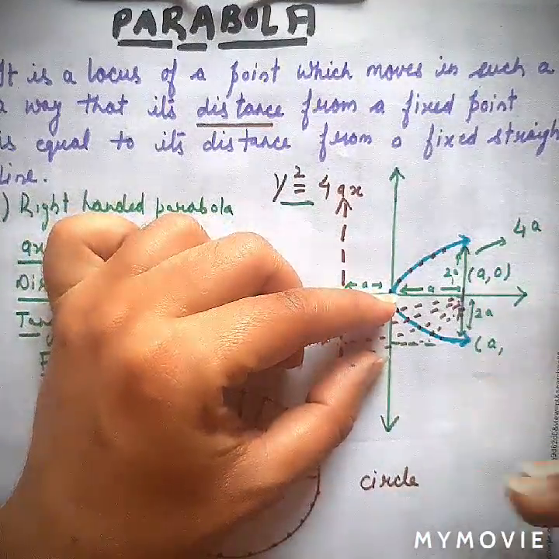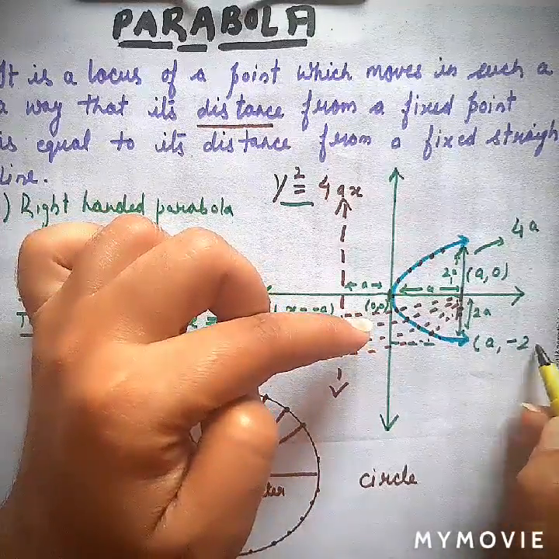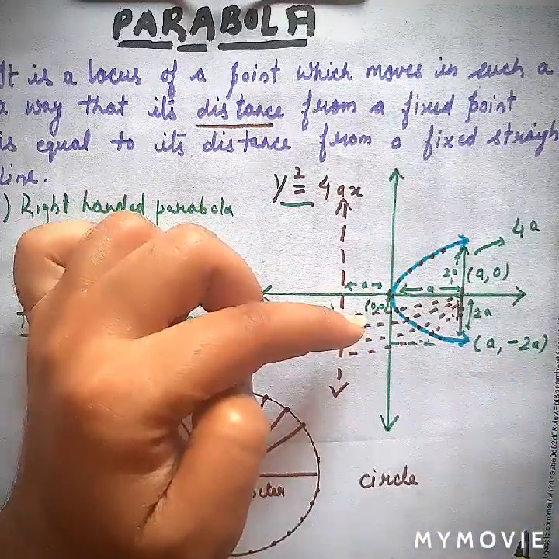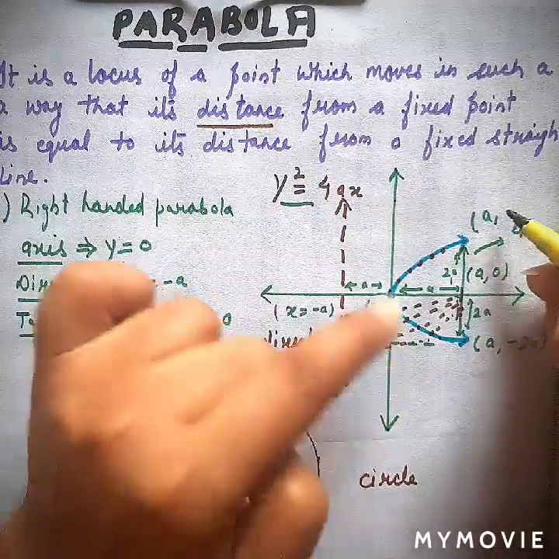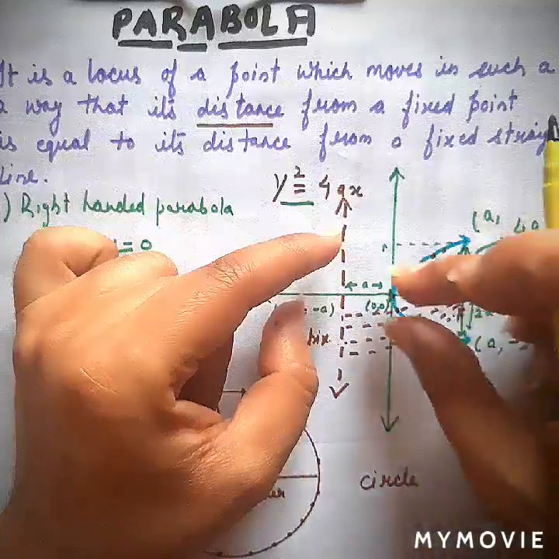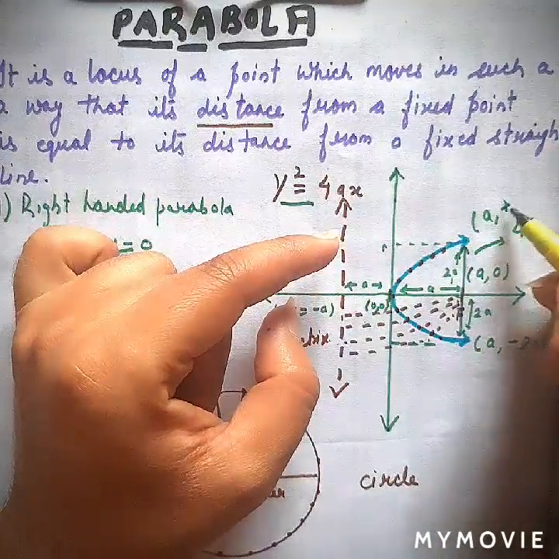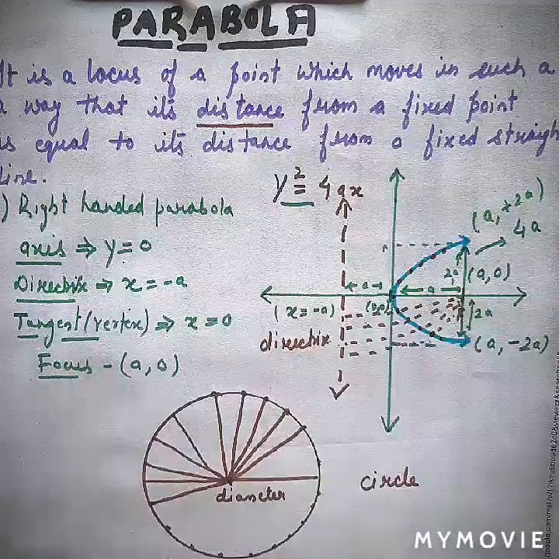Fine. So in the downward direction y will have a negative value, so minus 2a will be the end point of the latus rectum over here, and here the end point will have x equal to a, and the value of y over here is also equal to 2a, so positive 2a. Fine. So can we say that the